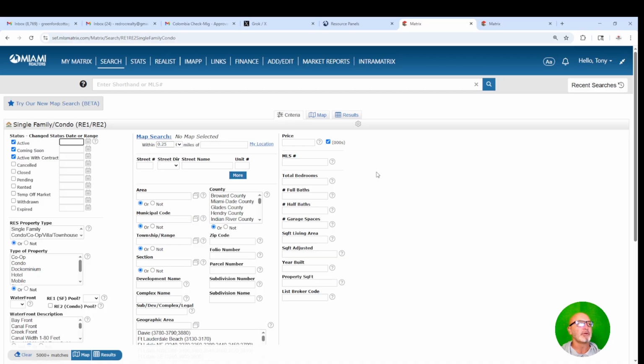Now the first thing I want to do is look at what has closed and what is pending. Okay, so you see here on the left, you've got your active, coming soon, active with contract. I'm going to unclick that for now, and I'm going to click closed and pending. I'm then going to put the address of the condo in. I'll go to one that we know quite well, which is Crystal House on Collins Avenue, and let's see what's come up. Okay, there's only one match, and this is in the last 0 to 180 days, so let's make it 0. You see here on the left, this is the last 6 months. I'm going to make it the last